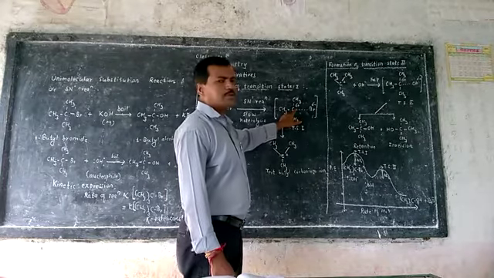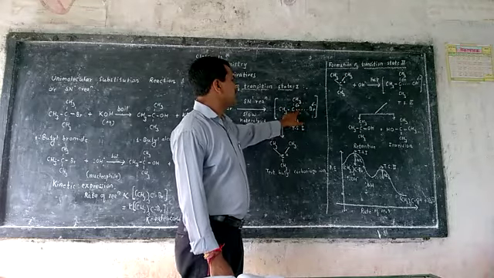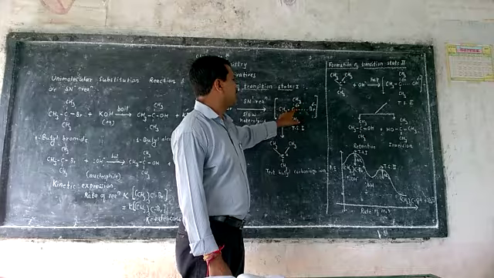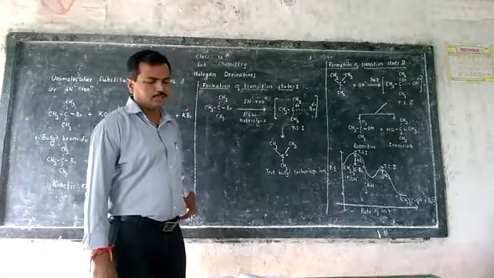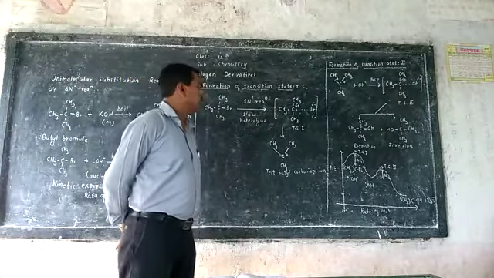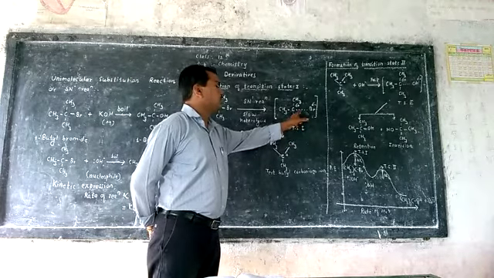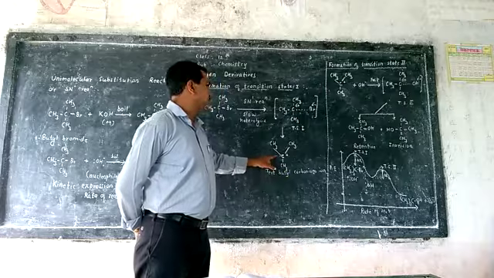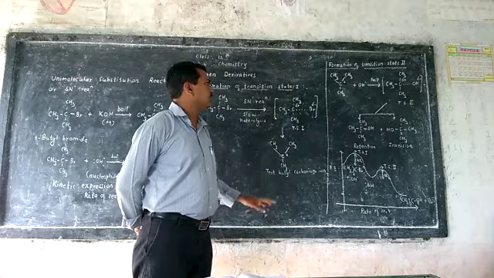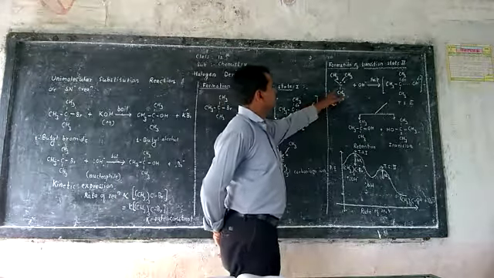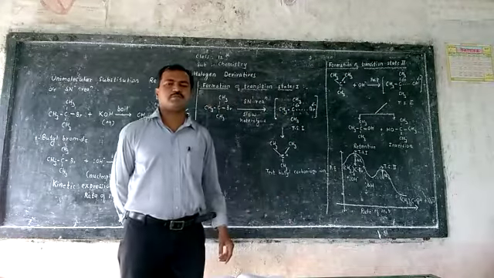Here the bond between carbon and bromine is a loose bond, with carbon carrying a partial positive charge and bromine carrying a partial negative charge. So here in transition state 1, breaking of this bond takes place. Then formation of the tertiary butyl carbonium ion takes place. And when this tertiary butyl carbonium ion is formed, then in the second step,